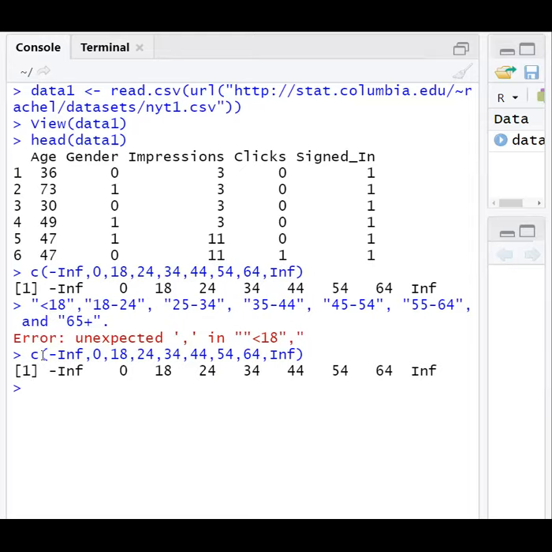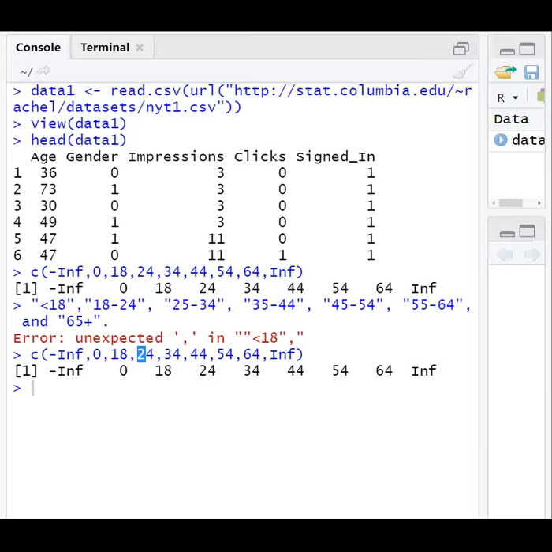So for that purpose, we have created 0, 18 is one border here, then 24 is another border, 34 on another side, 44 as one limit, 54, and then finally 64. All the limits we take and add infinity over there, minus infinity to plus infinity. So a vector is created.